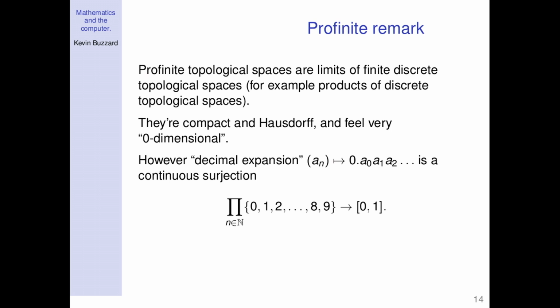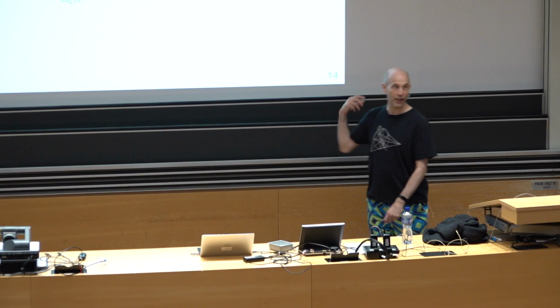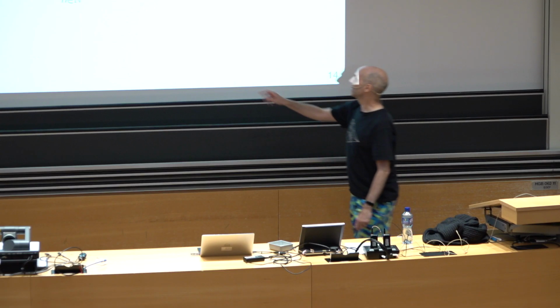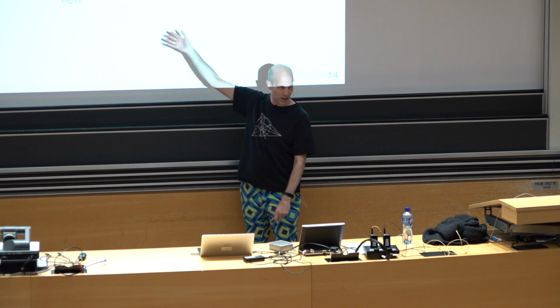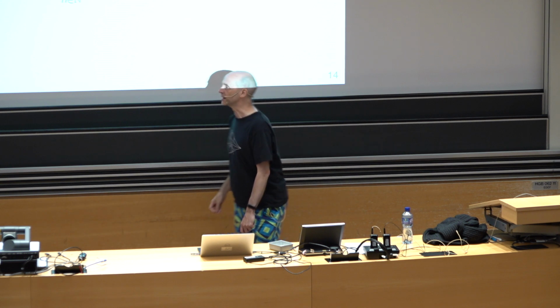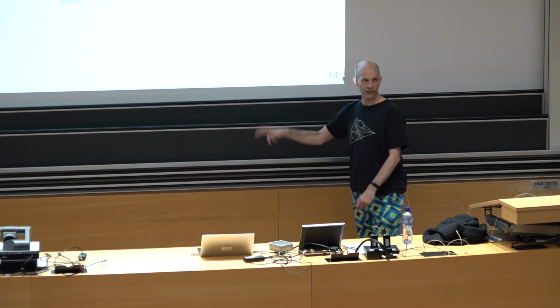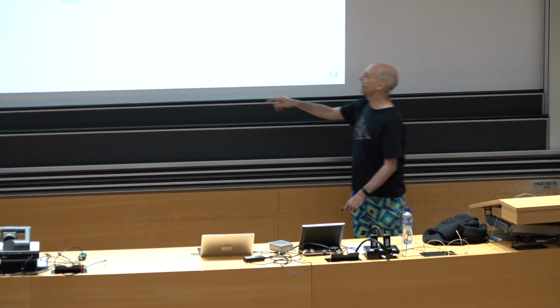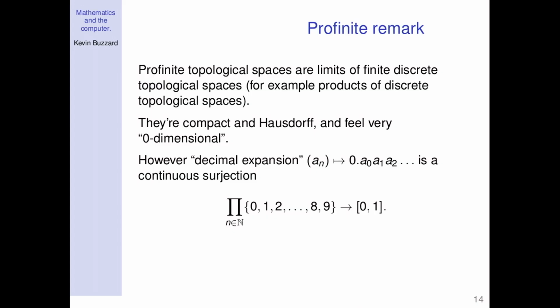But it's not a bijection at all, right? Because 0.19 recurring equals 0.2. So in fact, this is a quotient of this by some really quite complicated equivalence relation, where things that end in 9 are equivalent to things that end in 0. But somehow, 0.19 recurring and 0.2, those are quite a long way apart in this space here, and they've been identified here. So something quite weird is going on with this map.